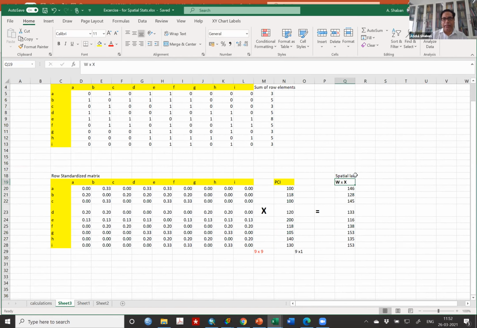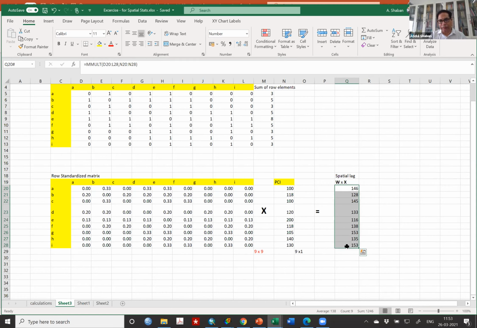That's what I was telling, lag value, spatial lag, because you have now got it. This gives you a spatial lag value for each observation. But for computing Moran's I, I need to have the PCI in mean deviated form.